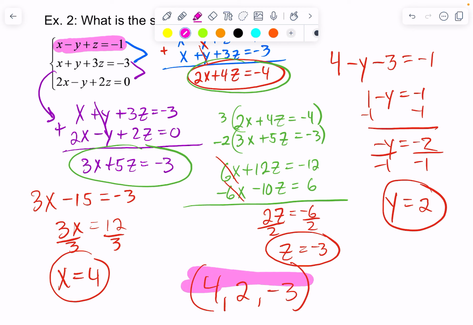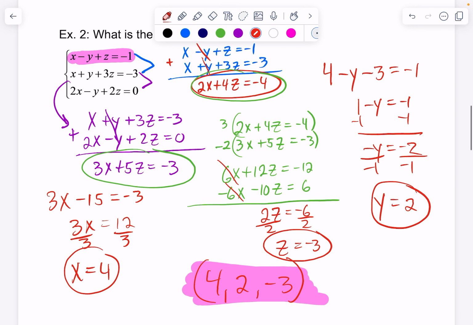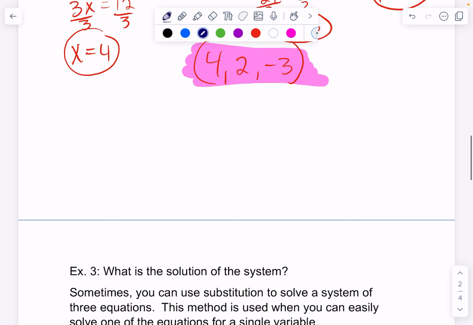And yes, you can and should check them. So let's check them. It's not that difficult. We've got 4 minus 2 minus 3 is negative 5 plus 4 is negative 1. Yes. We got 4 plus 2 is 6 minus 9 is negative 3. Yes. 2 times 4 is 8 minus 2 is 6. Minus 6 is 0. Yes, it works. All right, next skill,